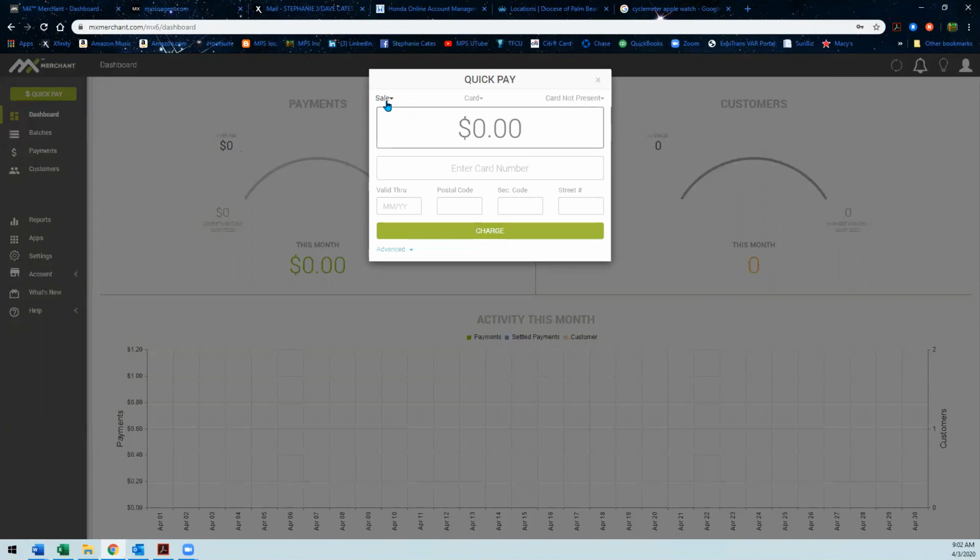So what you would do is say it's a sale from a card. If it's over the phone, I would highly recommend you tell them to go to the website to make a payment. But if it isn't over the phone, then it's present, and you'd say you key entered it here, and you put the amount in,